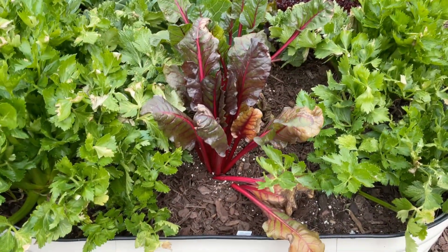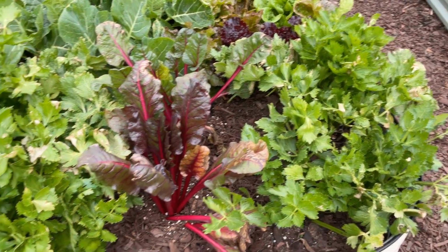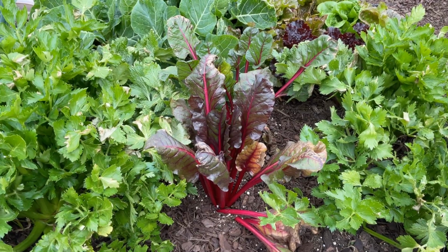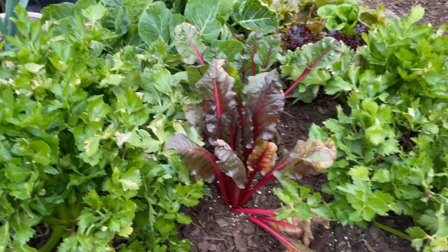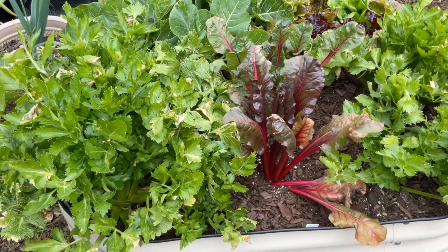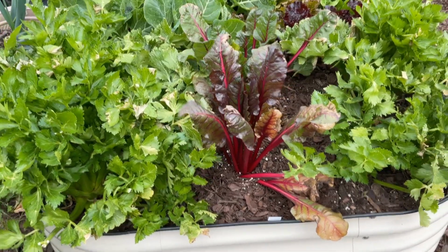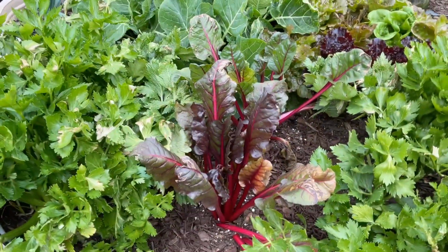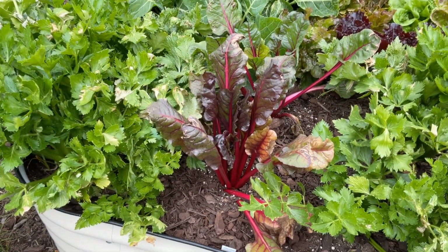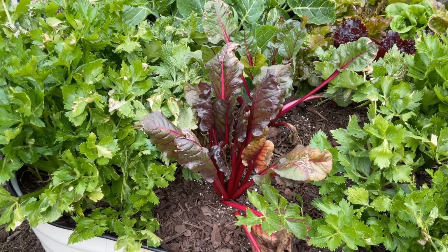Okay, but I kept the celery because I just did not have the heart to uproot those plants. I harvested that celery, and I had a bumper crop. I had so much celery that I was able to chop up and freeze, and I use it in my cooking all the time. Okay, but in that spot, there was an empty spot right here. They had 2 celery plants that had died out, so I removed them. I kind of refurbished the soil right there,